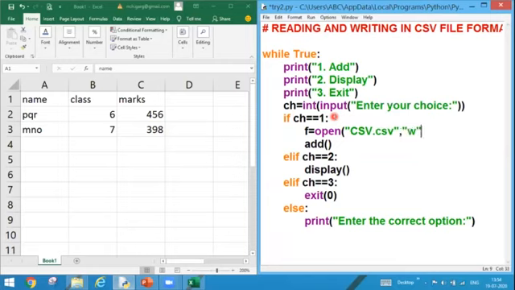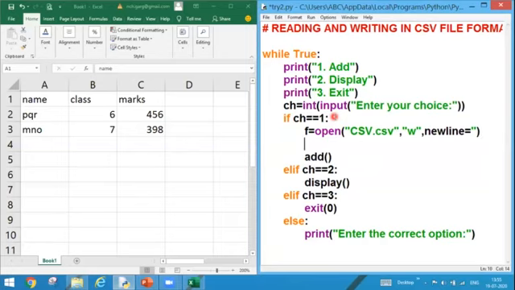I need to write the data, so I'm going to use write mode over here, sorry, and then there is a third parameter in opening my CSV file, and that is my newline character. So newline, I'm giving a space. Automatically the new line will be generated over there. Let me correct the spelling. newline, and there is a space in between. That means one record will be entered. After that, a new line will be generated and the second record will be entered.